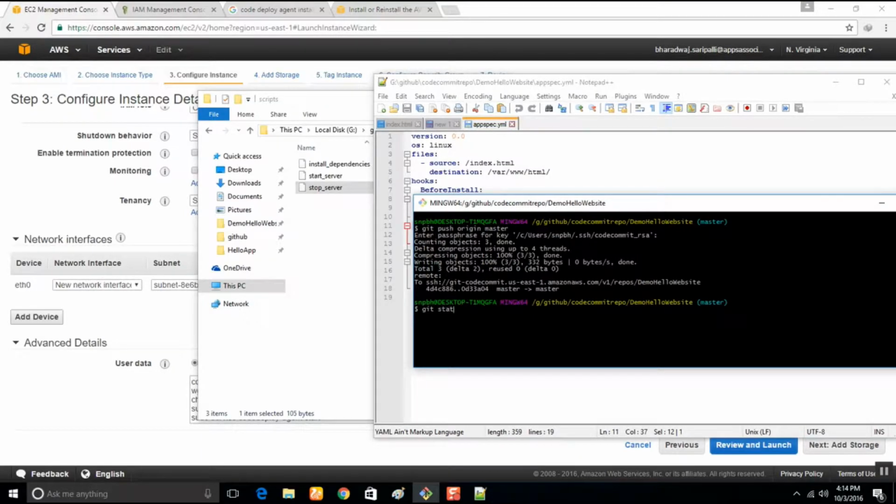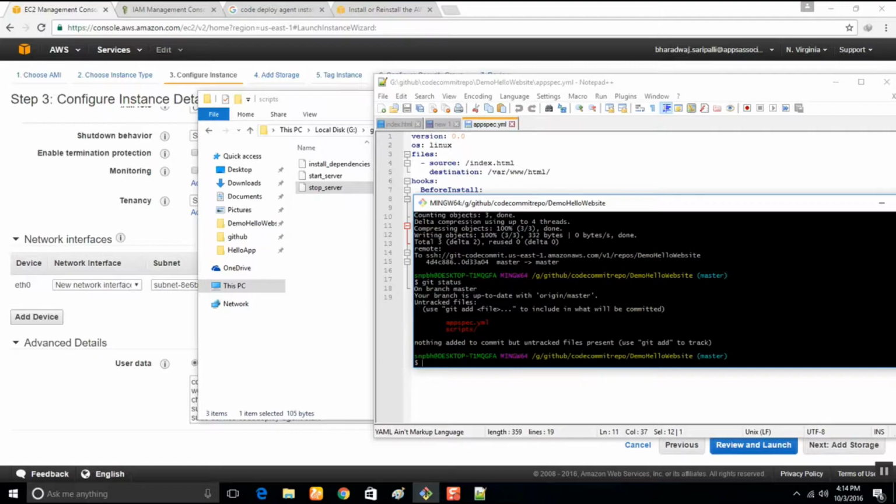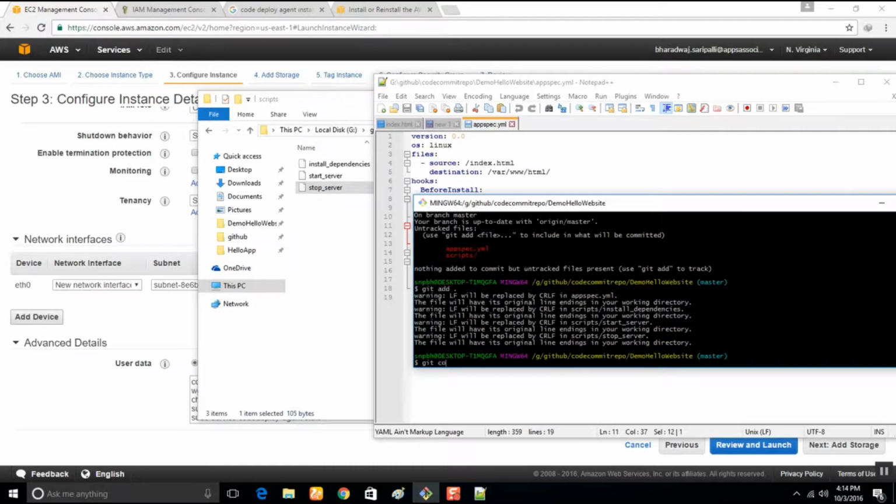git status. Okay, I have added it. It recognized. git add ., git commit, added files and install dependencies. I spelled it wrong, sorry for my language.